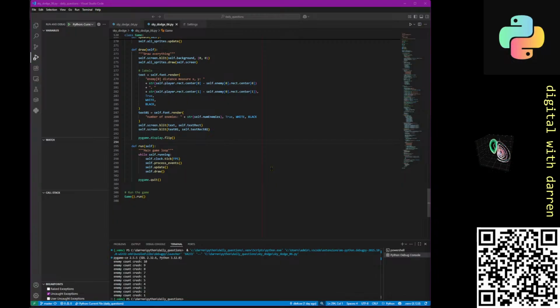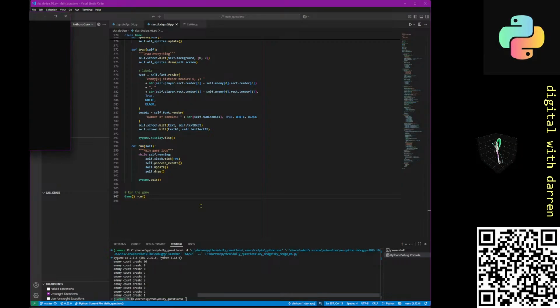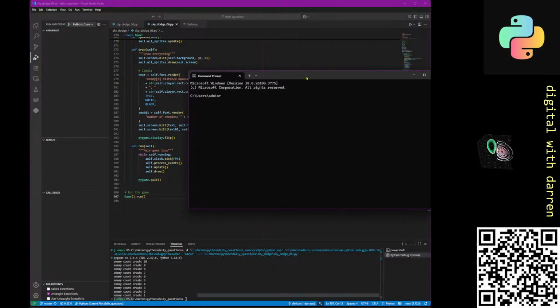Boom! I should have kept that running. What I'll do is, I think I can open a command prompt and go to C backslash, right, and then